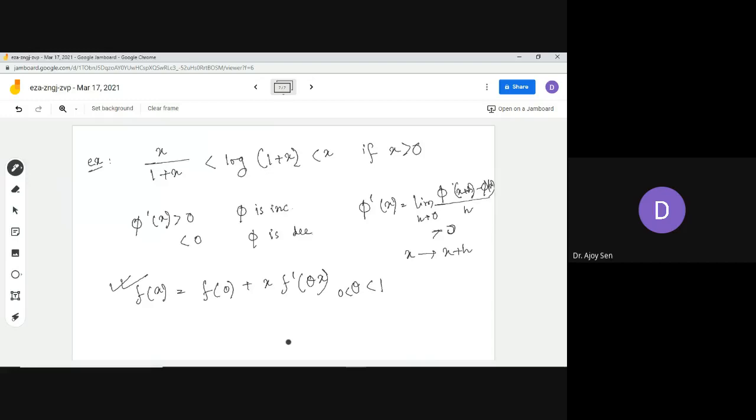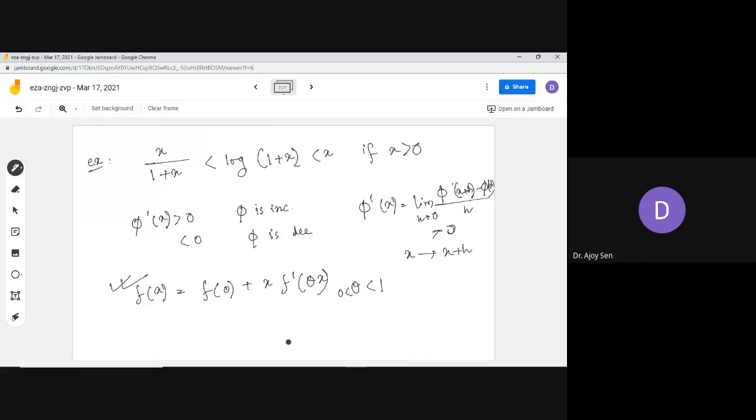Why the function is increasing means that if the derivative of the function exists, then the derivative should be greater than 0. So for increasing and decreasing, if the function is derivable, the derivative should be greater than 0 for an increasing function, and the derivative is less than 0 for a decreasing function. So you first have to assure that the function is derivable. Without that assurance, you can't say this kind of thing. So this is the condition of derivability for increasing or decreasing functions.